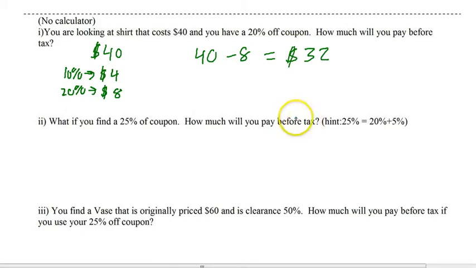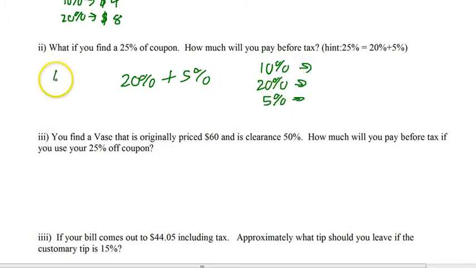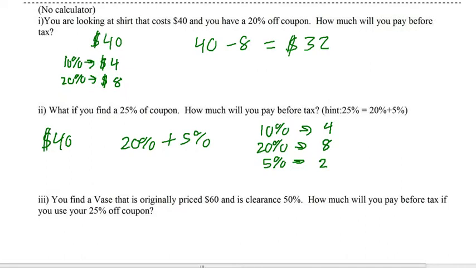$32. Alright? What if you have to do 25%? Well, 25% is 20% plus 5%. Alright, so we know 10%, we know 20%, and then we just need 5%. So our shirt again was $40. 10% would be 4. 20% would be 8, and 5% would be 2. So we need 25%. 20% is 8. 5% is 2 for a total of